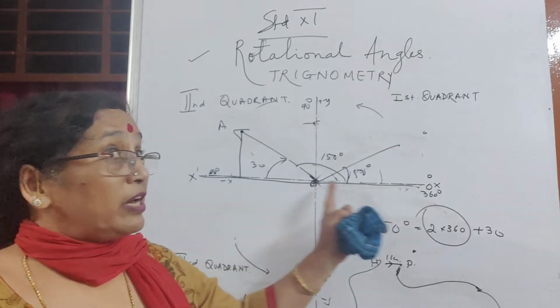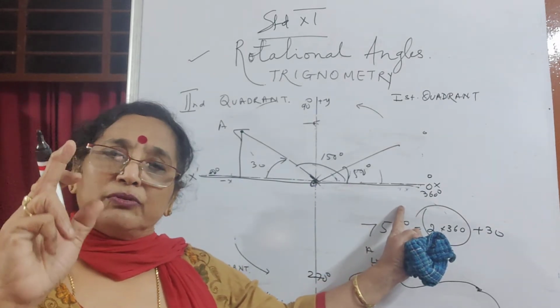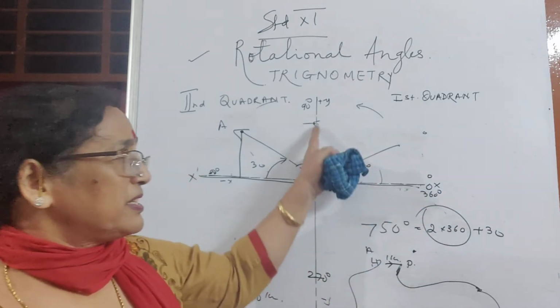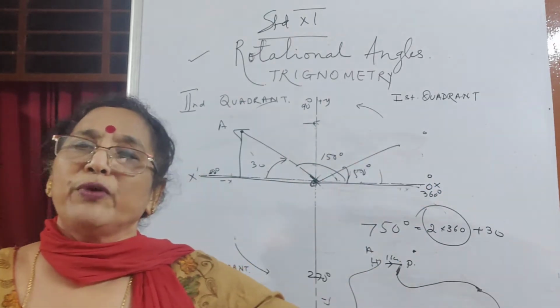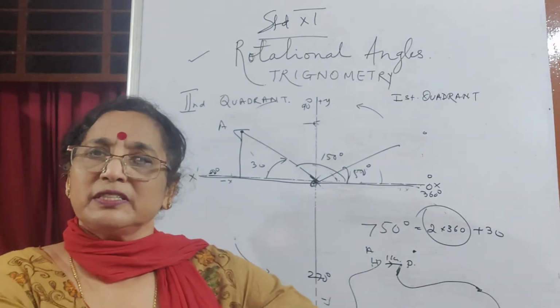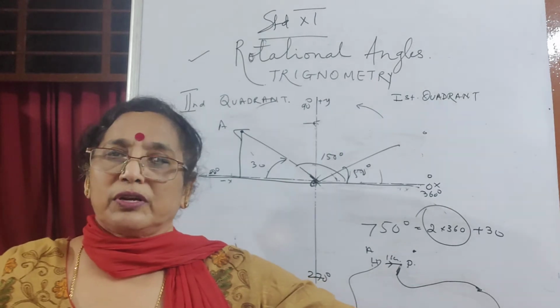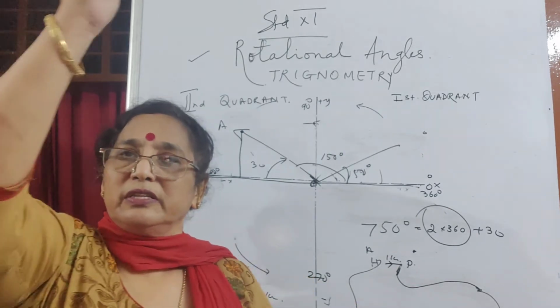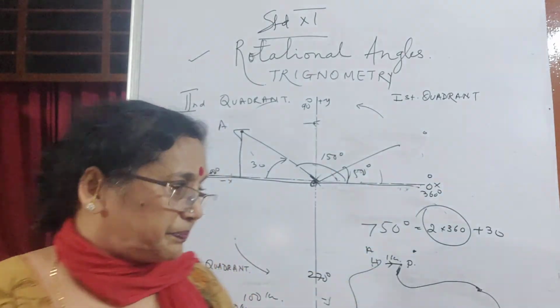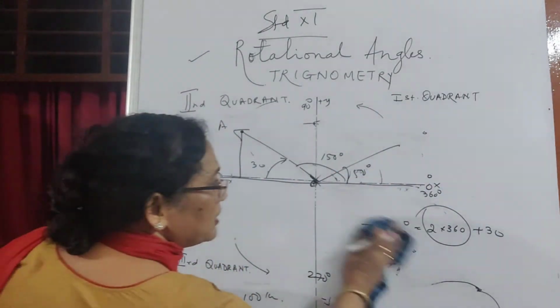If you are doing it in relation to the horizontal line, mind you, not 90 and 270. Nobody measures from the vertical. Generally when we are moving, we see how far horizontally we move, because the surface is considered as the horizontal. This is the general line of measurement. So now you understood this.